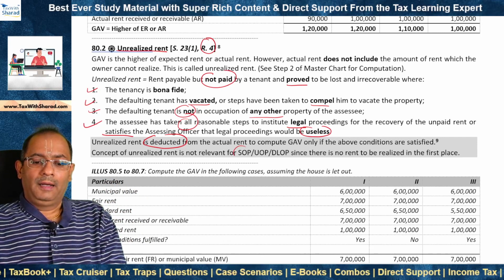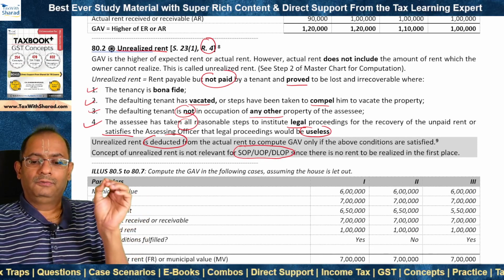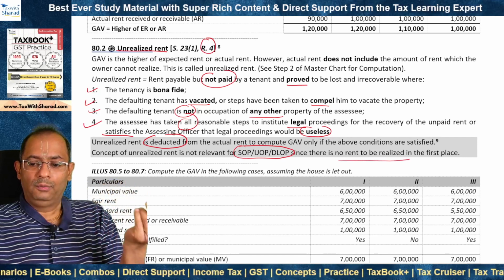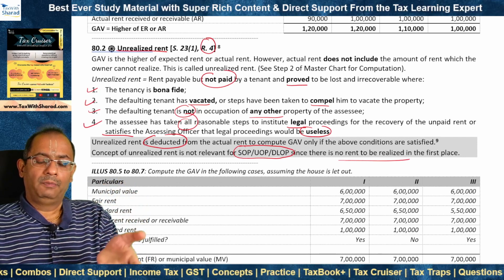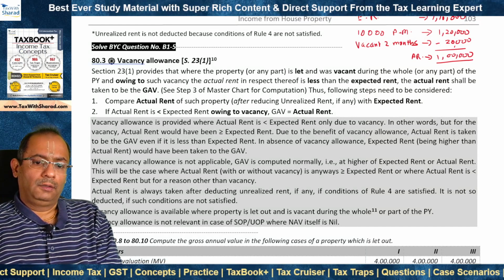Now we should note that unrealized rent is not relevant. This concept itself is not relevant in the case of a SOP or UOP or DLOP, because there is no rent to be realized in the first place. Such properties are not let out in the first place. We will now look at the concept of